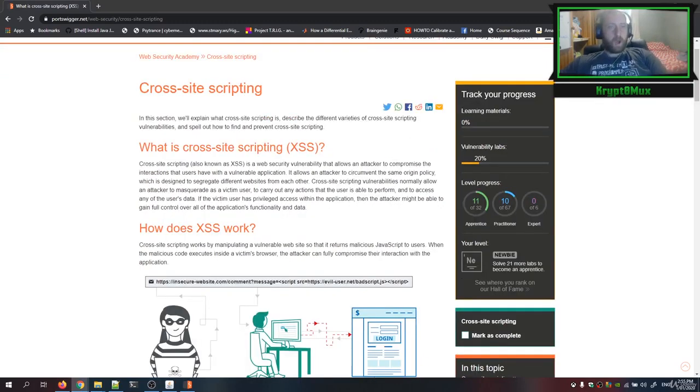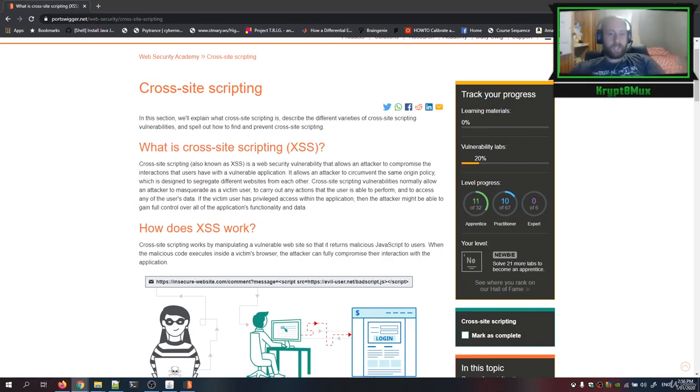Okay, so I'm going to explain it the way I explain it. Cross-site scripting is an injection attack whereby an attacker can inject malicious scripts into web forms, links, POST requests, GET requests, anywhere in the application. And if it hasn't filtered out any of the special characters, if it hasn't got any user-supplied input sanitization, it's going to be vulnerable to cross-site scripting. So it's just an injection attack. How they explain it is